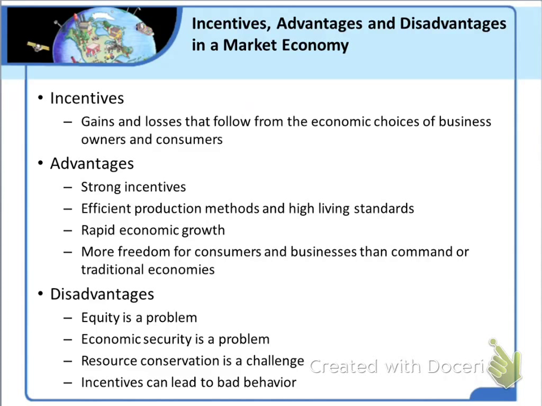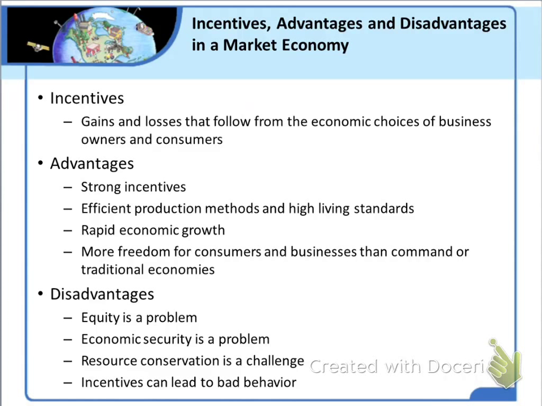Market economies may provide too few incentives to conserve resources and adopt renewable alternatives, such as polylactic acid, a plastic substitute made from corn. Finally, the powerful incentives in market economies can lead to behavior that goes against society's goals. There are incentives for drug companies to rush new medicines to market without adequate testing. There are incentives for businesses to grow so large that they can take control of markets, restrict the availability of goods, and inflate prices. And there are incentives for advertisers to mislead consumers about the benefits or costs of their products. To avoid problems such as these, governments can intervene with laws for the protection of society.